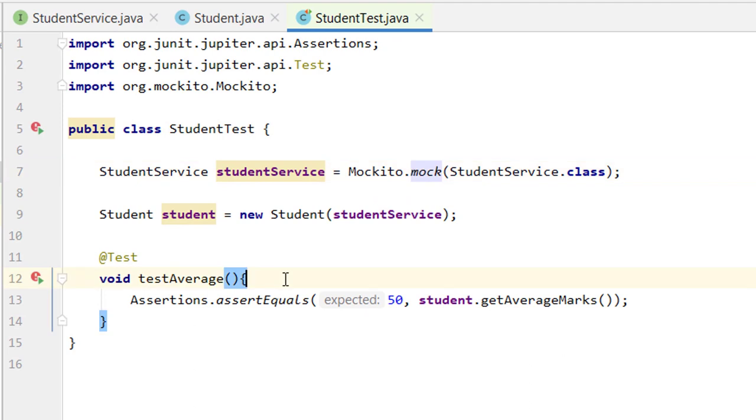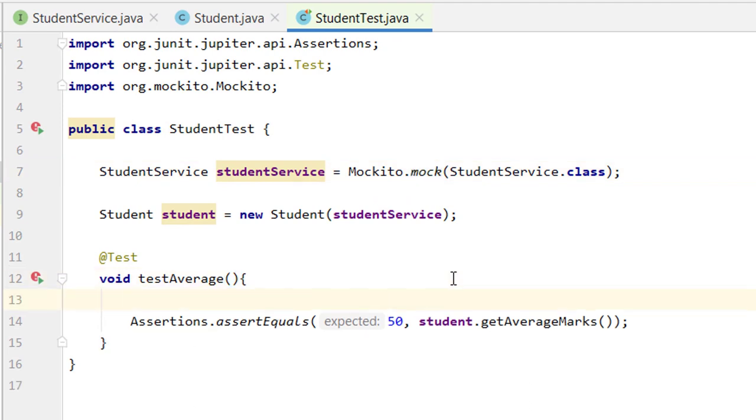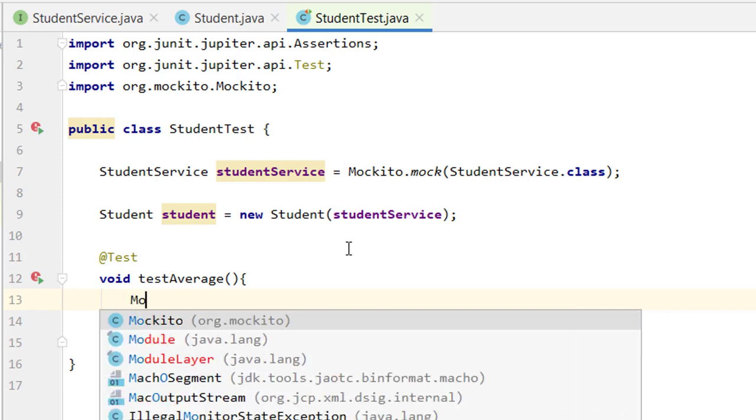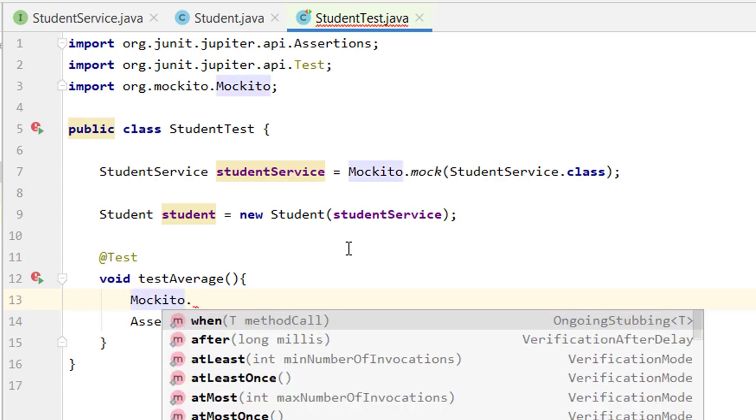So Mockito provides us the way to create the object, and we can also create some dummy data so that we can use Mockito in an efficient way. So let me do it in here. Now let me write the Mockito, and in here we have this particular method, when.